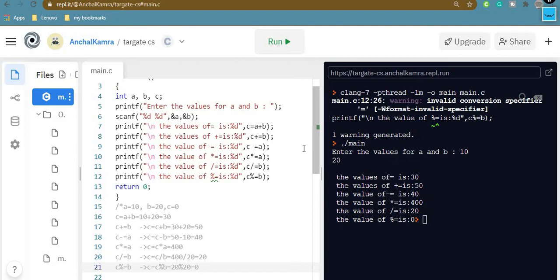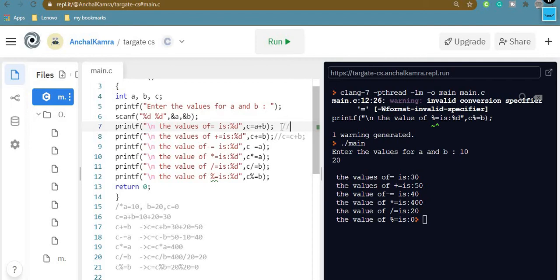Now the thing that you need to remember is, whenever you are changing the value of C over here, if you check out in this line, you are changing the value of C. Now C will be having A plus B. Now if in the second statement you are writing C equal to C plus B, you are trying to execute this statement. So over here we will be using the new value of C, and the new value of C was computed in this line. Now keep this in mind, right? So we have executed everything perfectly fine.